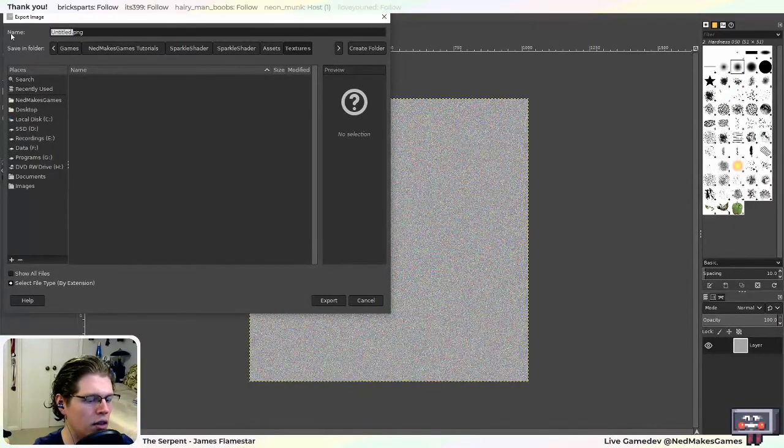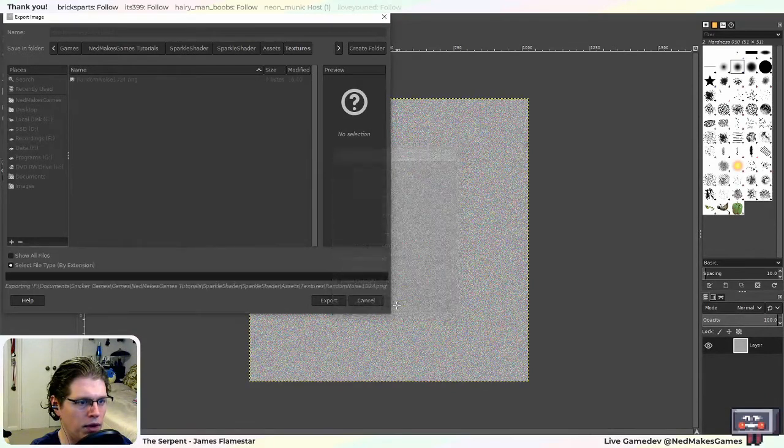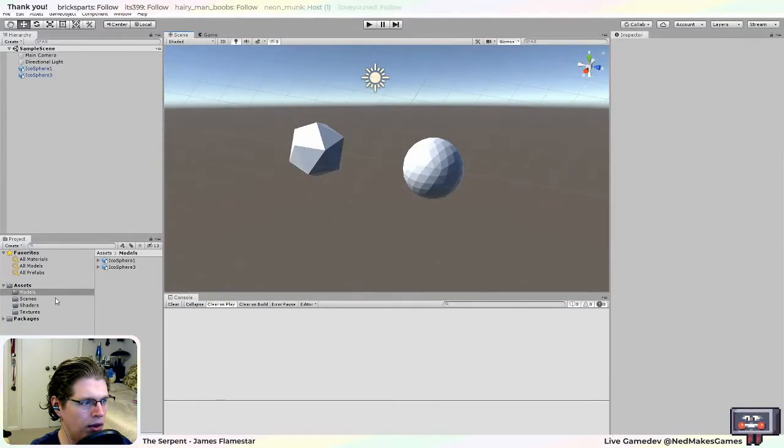Let's just call it random noise 1024.png. Okay, I think the default should be fine. And now if we open it up in Unity,